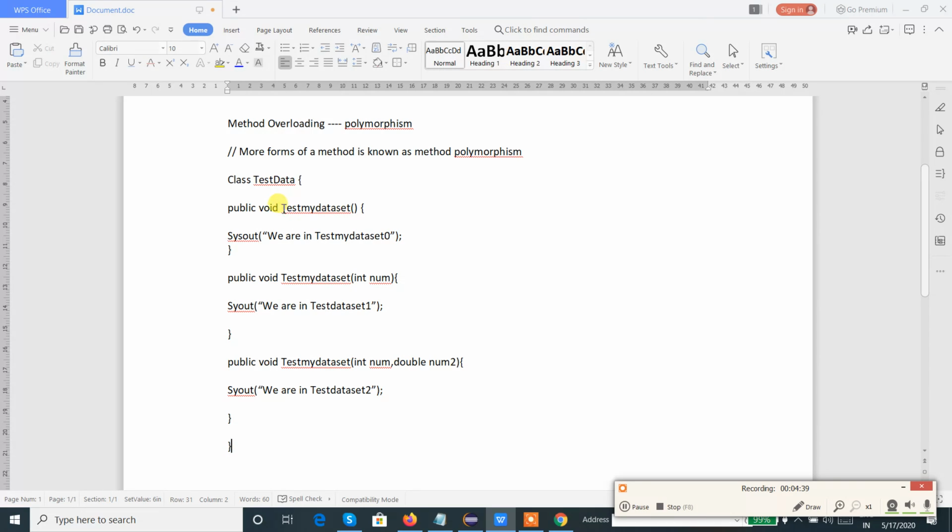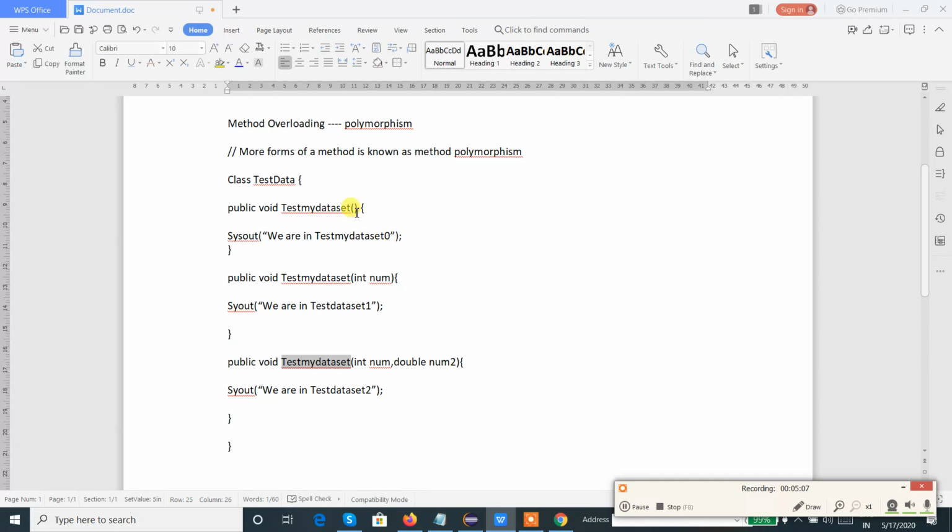Let us analyze once again. The name of each and every method is the same. What is the name of the method? Test my data set. This method name is also test my data set, and the third method name is also test my data set. How will it differentiate between one method and another, though the return type and the access specifiers are the same?